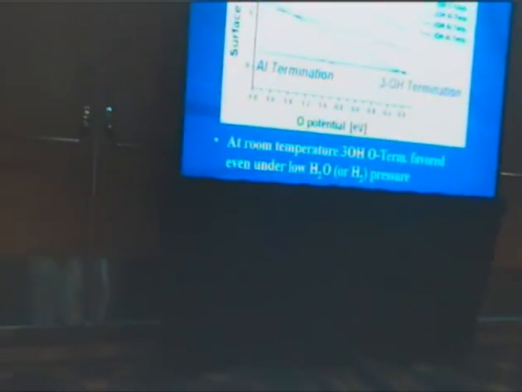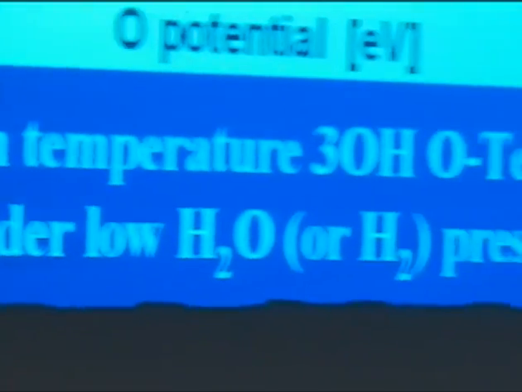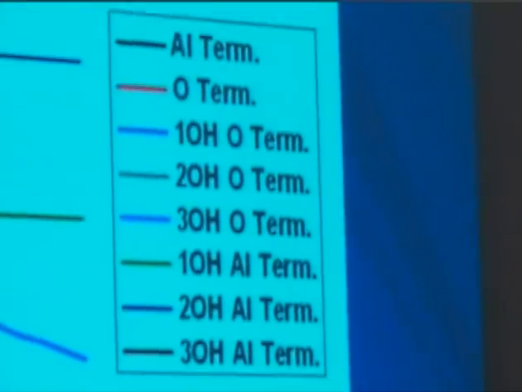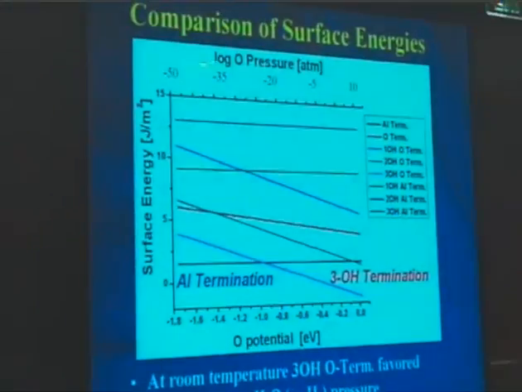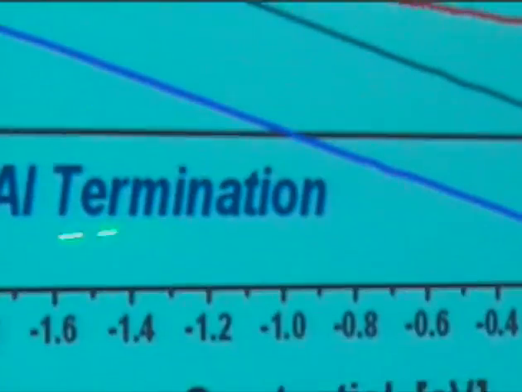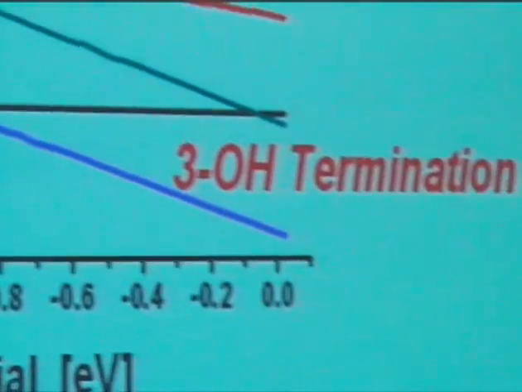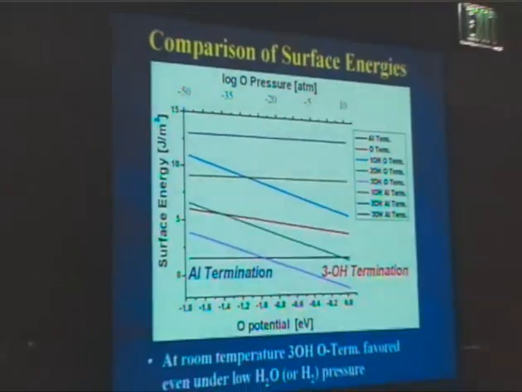So we need to concern ourselves with what is the surface under working conditions. And so we carry out ab initio thermodynamic calculations whereby we can dictate what the partial pressure is in the system and the temperature, and you can examine the phase space in the system. Here we're varying the partial pressure of oxygen. You find that you get aluminum termination when you get very low partial pressures of oxygen, and as you might expect, when you go up in terms of the partial pressure of oxygen in these systems, you start to terminate